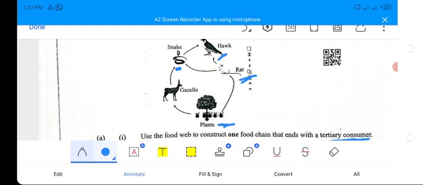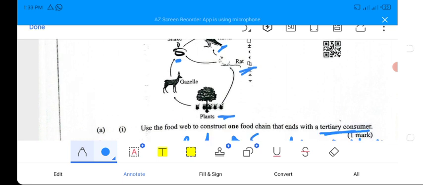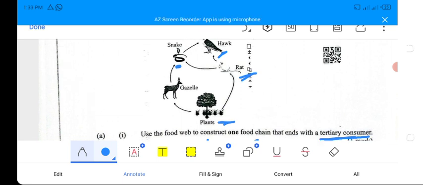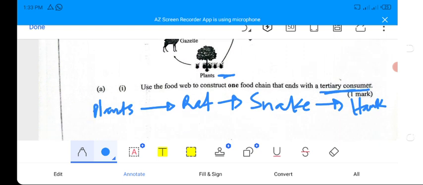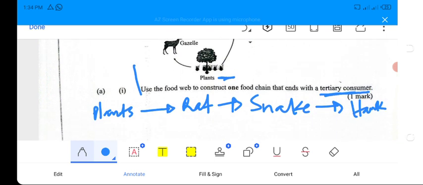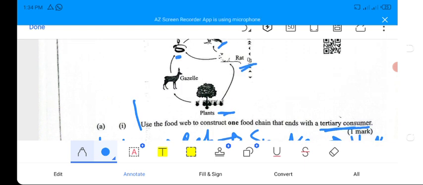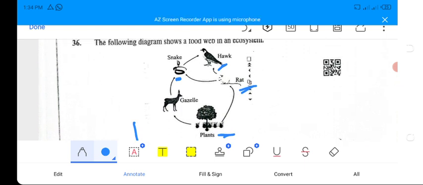We could go with plant, gazelle, then snake, or probably hawk also. That's another route. Or we can go with a route that contains plant, rat, then hawk. But our answer should be an answer that ends with a tertiary consumer. So apart from plants, rat, snake, then hawk, we could also use a route that goes with plants, gazelle, snake, then hawk,